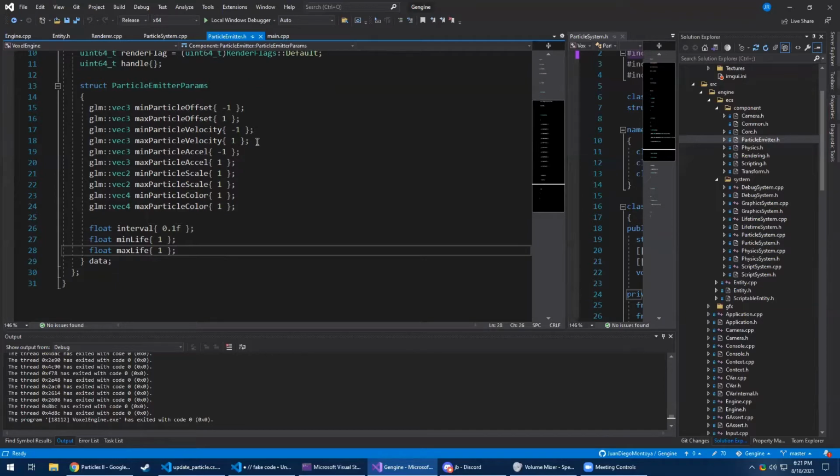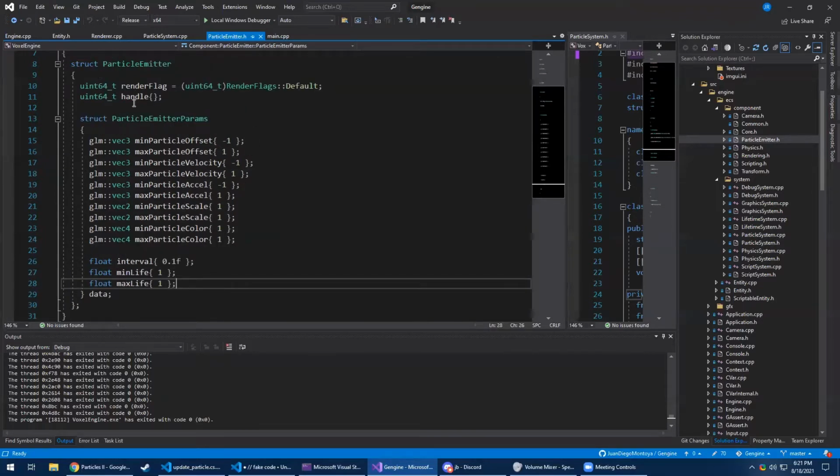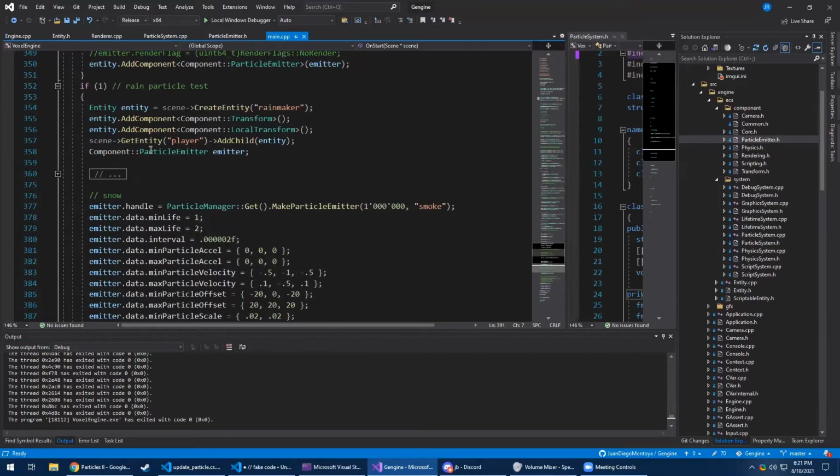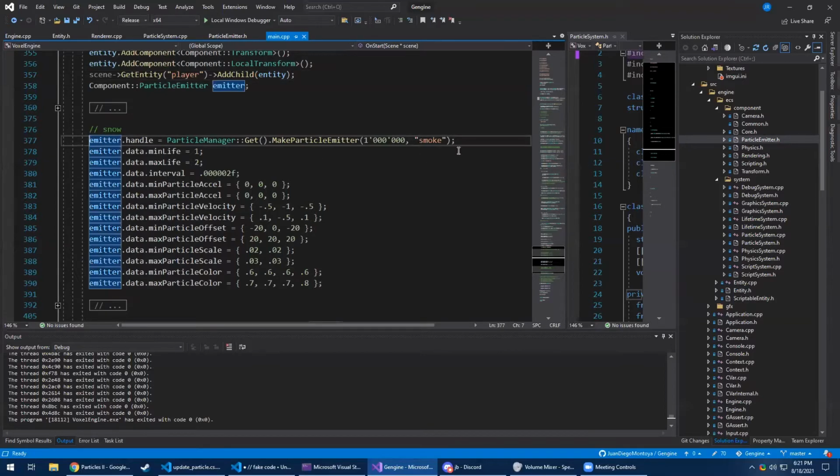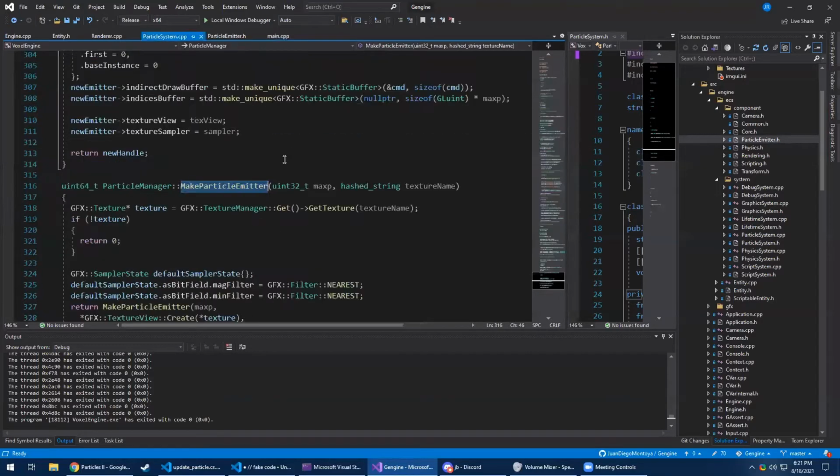What is this handle for? Just for ECS, or does it have some other use? The handle is, okay, so when I create an emitter, I make my entity first, and then I attach some boilerplate stuff to it. For this example, I'm making a rain emitter that follows the player. So I attach it to the player as a child. And then right here is where I set the handle. I just have some function that generates a handle. Basically, I specify how many particles the emitter can hold, and then a texture, a name of a texture. And then it does some voodoo magic